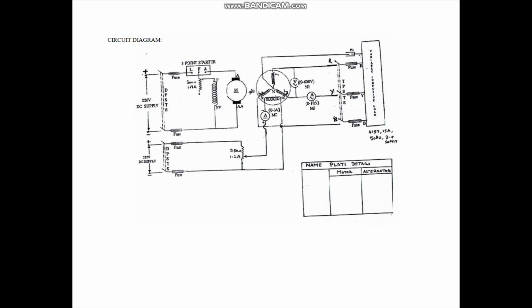So the corresponding readings should be noted in this tabular column. Next is the model graph for the ZPF method. In this method, for the model graph, we want to draw the open circuit characteristic curve, that is the OCC test. For this curve, we plot the E phase against the field current IF, that is V phase against IF. This is the first curve, the OCC curve.